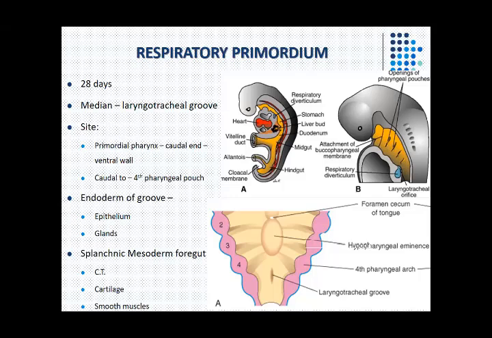ठीक है, अच्छा, अब in the midline, pharynx के midline, ये देख लीजिए कहाँ पे, इस लेवल पे, caudal to the fourth pharyngeal arch. ये fourth pharyngeal arch है, caudal to the fourth pharyngeal arch in the midline, caudal most part of the pharynx. ठीक है, ये pharynx है, ये इसका cranial end है, जहाँ first arch होगी, this is the first arch जो कट गई है, ये second arch. So cranial end pharynx का ये है. This is the caudal end of the pharynx,